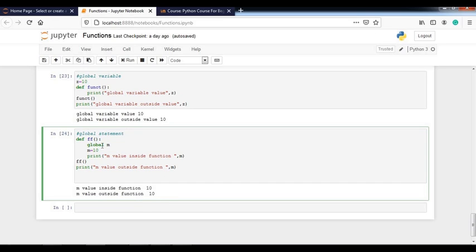See what I did here, I declare a function with the help of the global keyword and assign a value 10. When I access it within the function, it will print value 10. Again, when I am trying to print the value outside the function, it is also giving the value, that is 10. So with the help of the global statement, you can access the particular local variable outside the function also.